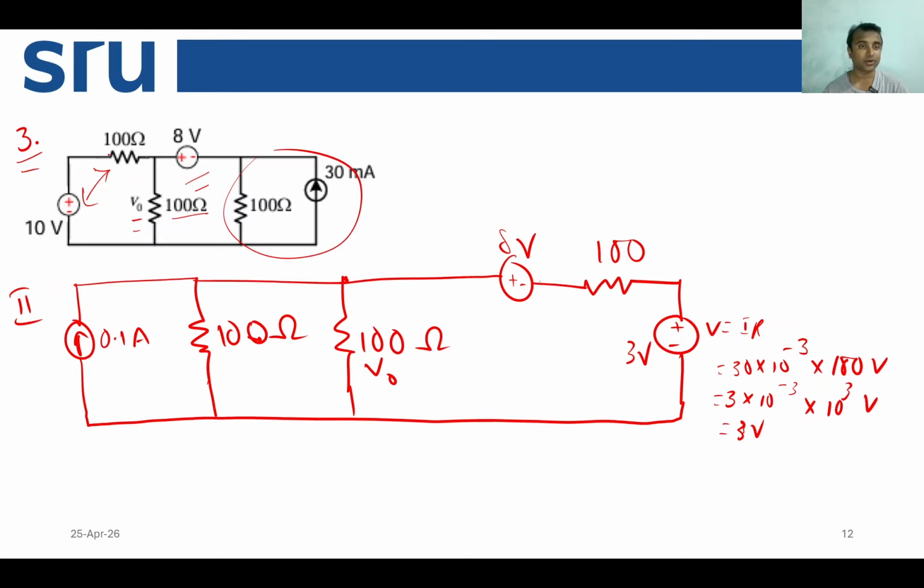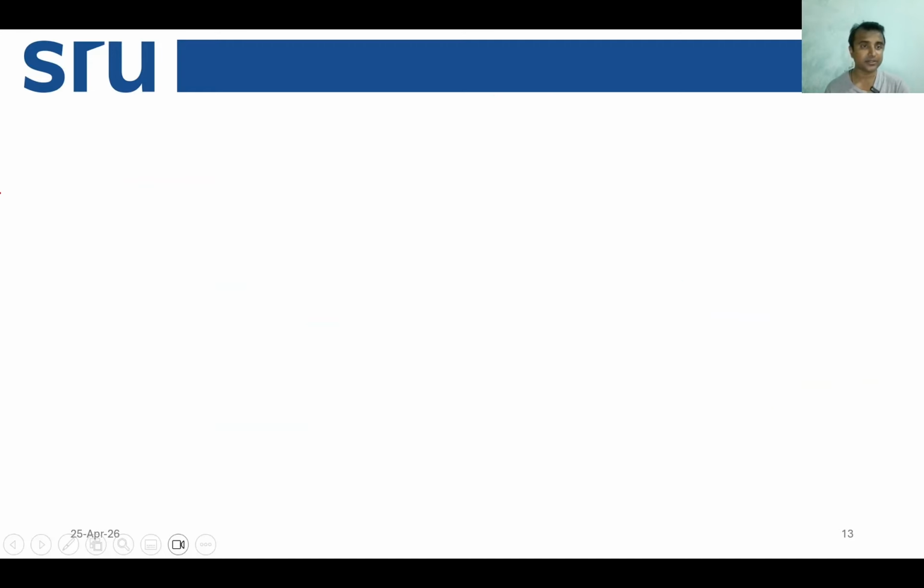So here also V equal to IR means I equal to V by R. So here V is 10 and R is 100, so you get 1 ohm, and the same thing is here. Okay. So now in the third circuit,